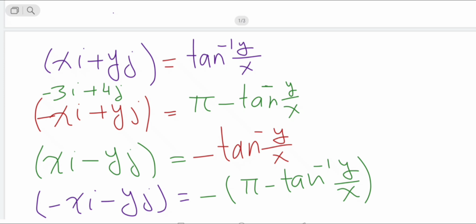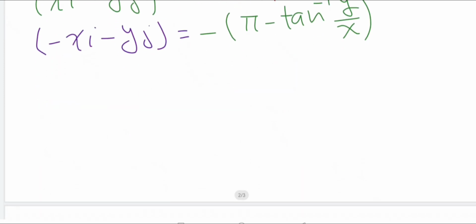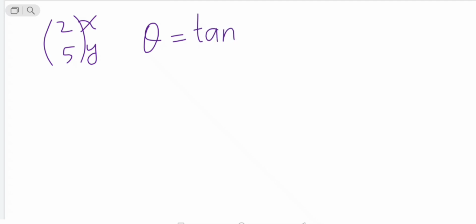We will solve one question for each. Look at this one, the first one. For example, 2, 5. It is in column form, no problem. So 2 is x, 5 is y. Both are positive, so theta is tan inverse y over x. What is y? 5 over 2, tan inverse. So we will put it in the calculator, you can find the answer. So in radian, the answer is 1.19. Mostly the examiner asks in radian. If in degree, you can check also. In degree, the answer is